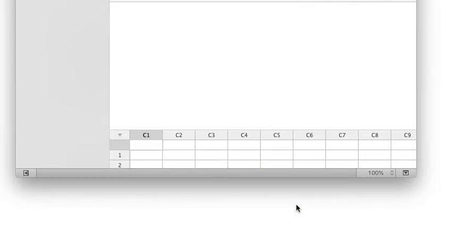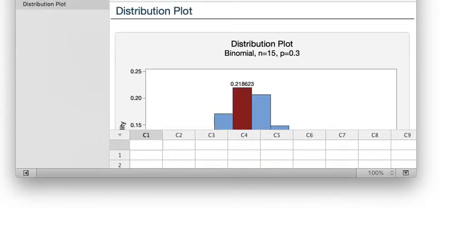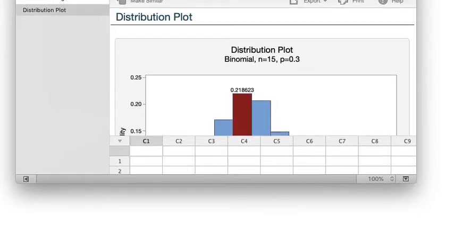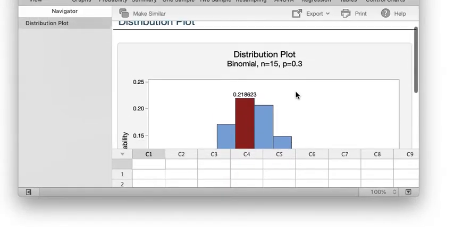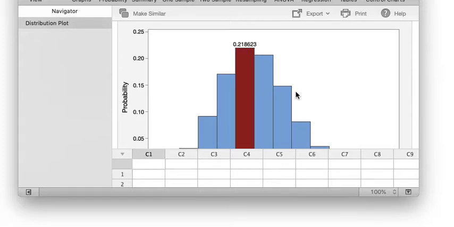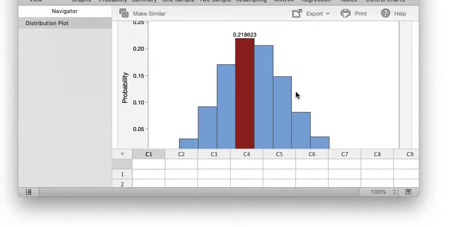Then I click OK. And it's going to give me this graph. It looks like this. And the answer is going to be appearing over a red highlighted bar, or it might be a few red highlighted bars. So in this case, I can see the answer here is